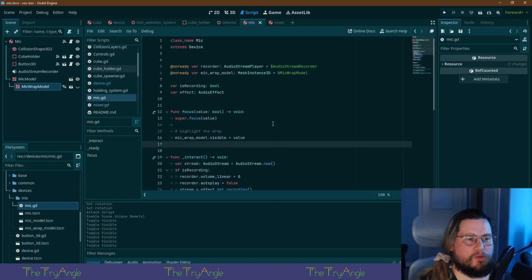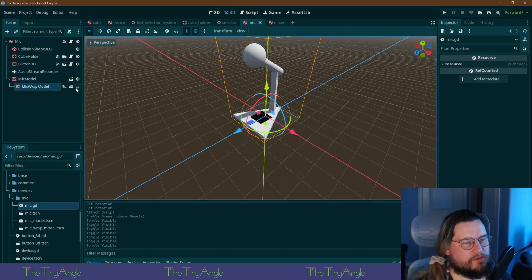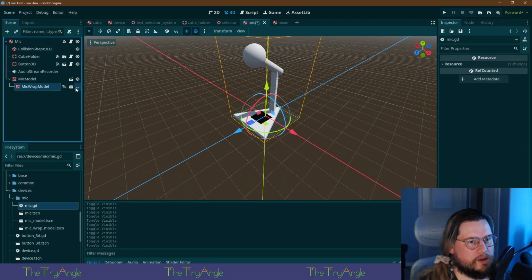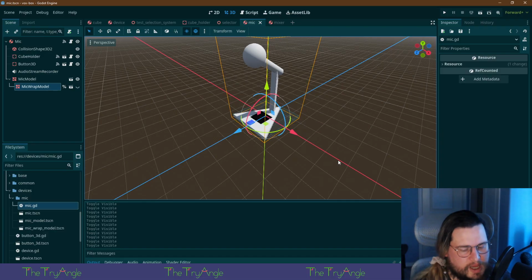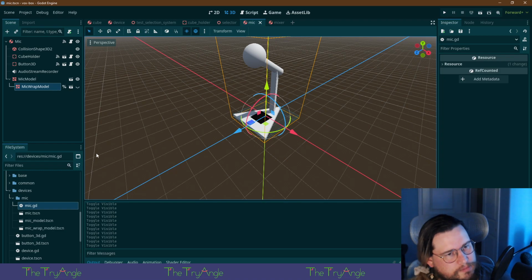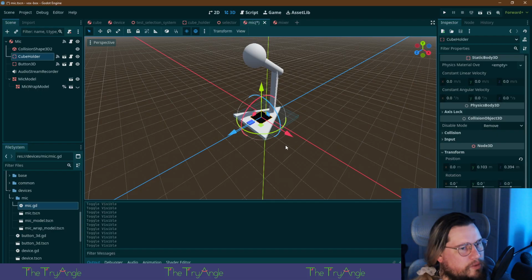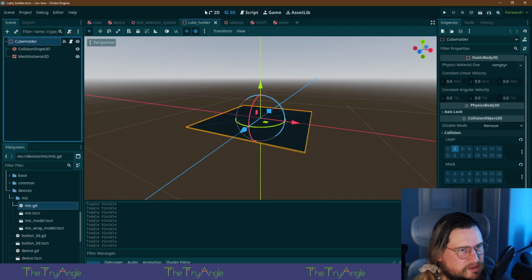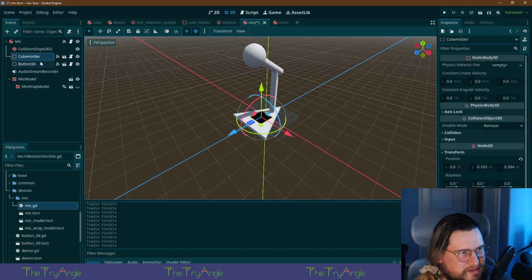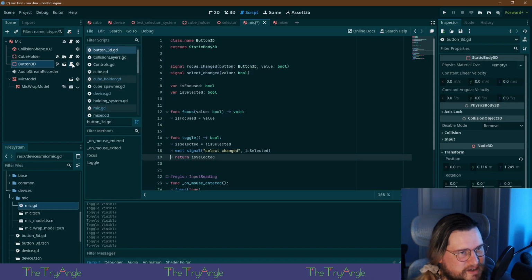This way we know when we're actually being focused. So whenever we toggle the focus on this thing, whoop, we get a little visual feedback, and that'll be helpful if we start to use arrow keys and whatnot. But also, this needs to have its own thing. Yes, yes. As well as the button.